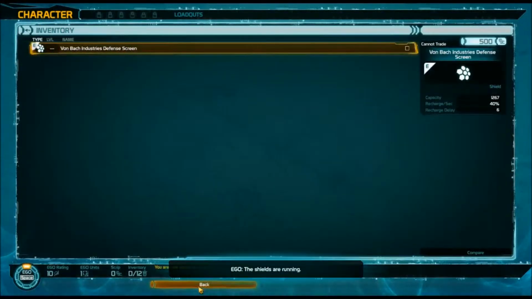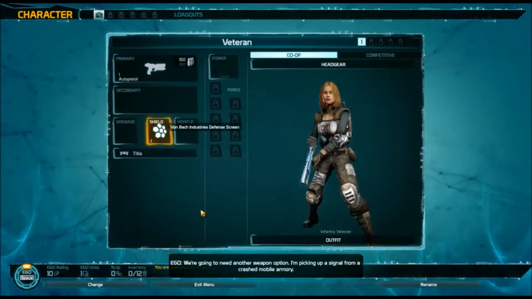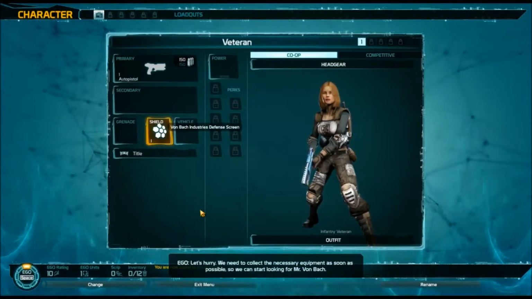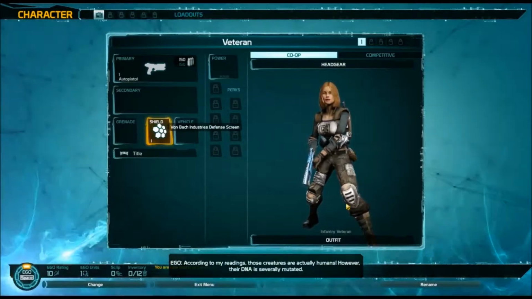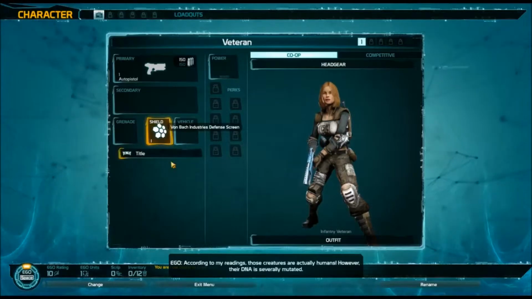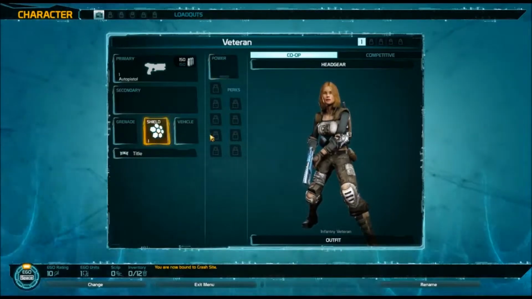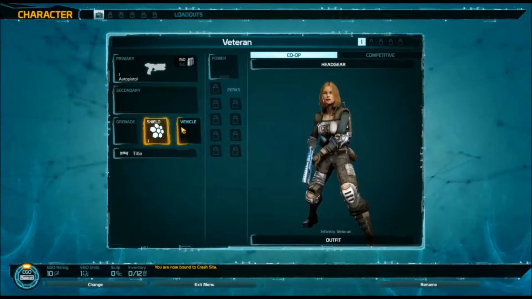The shields are running. I need another weapon option. I'm picking up a signal from a crashed mobile. yeah, by getting different Let's hurry. We need to clothes. collect the necessary equipment I as don't soon call as it possible, armor so we can start looking for since Mr. Von Bach. well, According to my these readings, clothes those doesn't creatures are offer actually any humans. protection at all. However, their DNA is severely That's the mutated. one that's actually do all the defense for us. And later on some skills and perks might help. Uh,